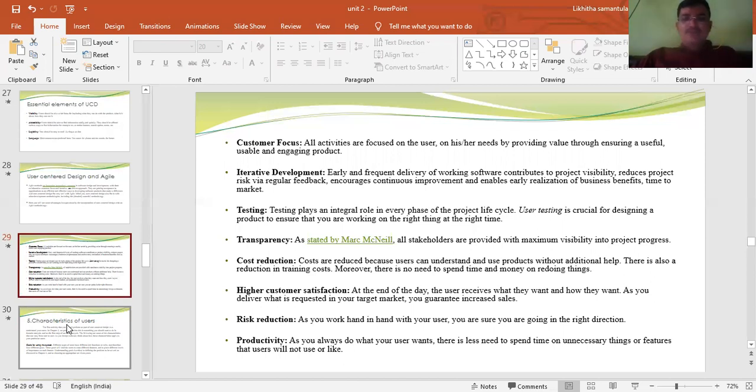Early and frequent delivery of working software contributes to product visibility, reduces project risk via regular feedback, encourages continuous improvement, and enables early realization of business benefits. Time to market. Testing. Testing plays an integral role in every phase of the project life cycle. User testing is crucial for designing a product to ensure that you are working on the right things at the right time.